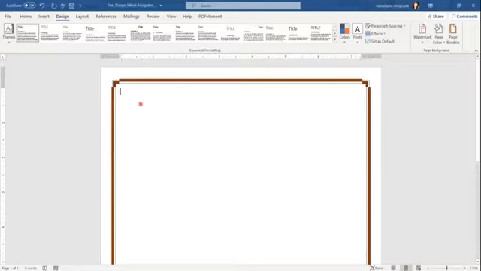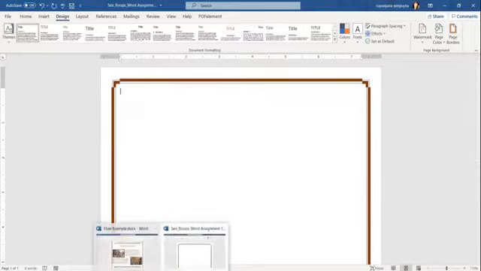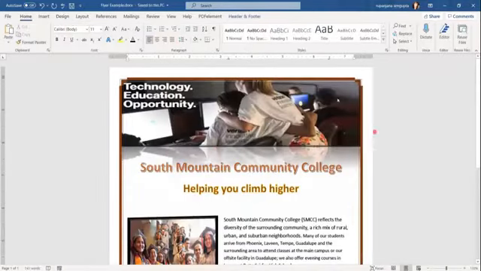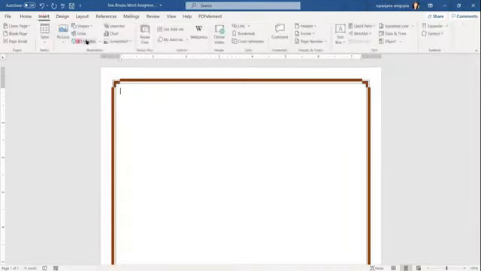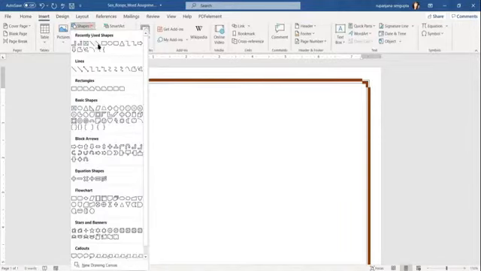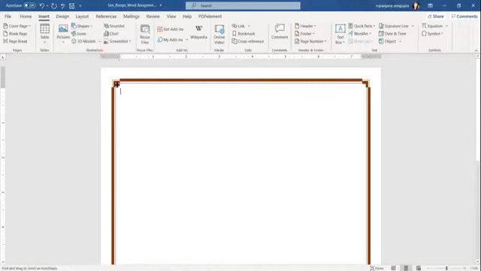Next step is to insert a rectangle shape. If you see the end product, you see there is a rectangle shape and then there is a picture. So we are going to insert a rectangle shape and then insert that picture. It's very interesting. So let's go back. I'll go to Insert, and I'm going to go to Shapes in the illustration group. I'm going to click on the down arrow and click the rectangle option, and I'm going to